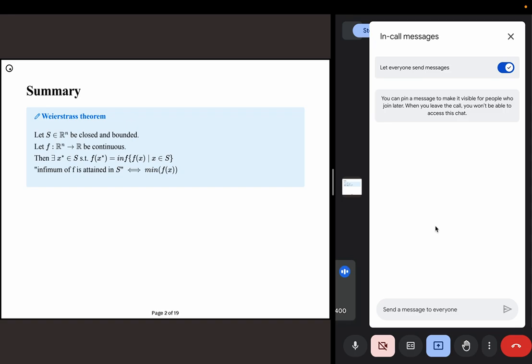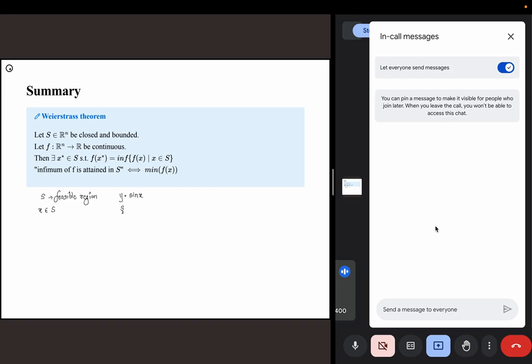We start with the Weierstrass theorem, which we discussed last week. We have a set S that belongs to R^n, and it should be closed and bounded. This is my domain, and S is called the feasible region. Our search variable, or the parameters we are searching for, is x, and this x belongs to the feasible region. For example, if you consider y equal to sin x,